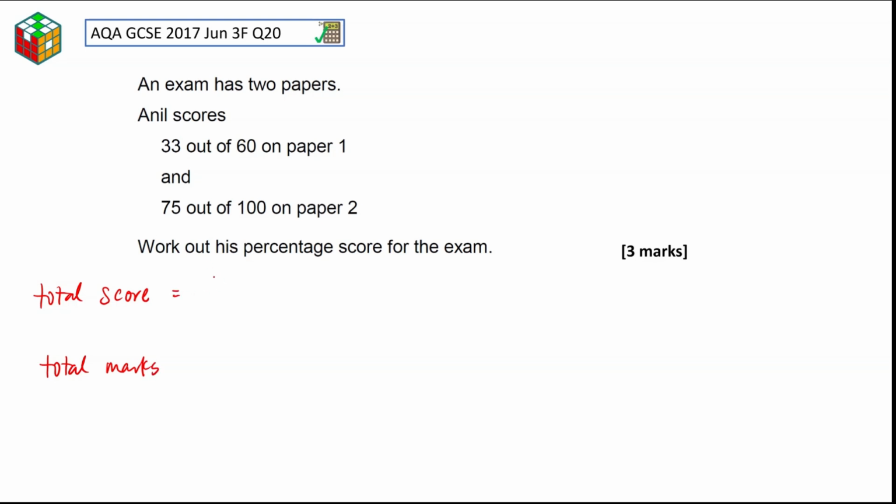The total score is 33 plus 75. It's a calculator paper. You will have 108. The total mark, if you get full marks, will be 60 plus 100, so 160. So now you pretend it's one paper, it's 160, and he achieved 108. How do we make it into a percentage? In a calculator paper, you can put it in the calculator and then times it by 100. So 108 divided by 160 times 100 is